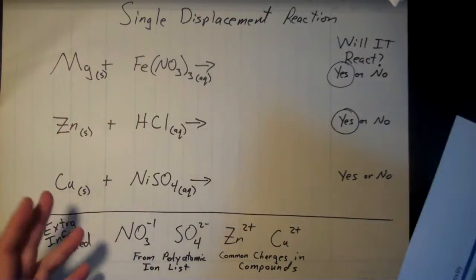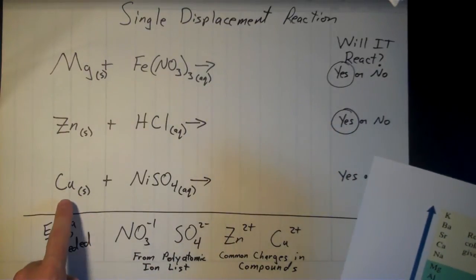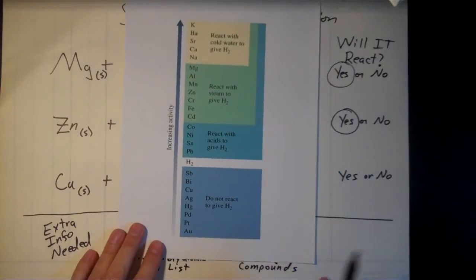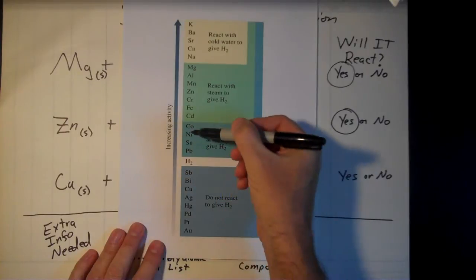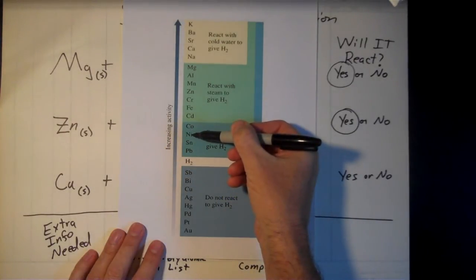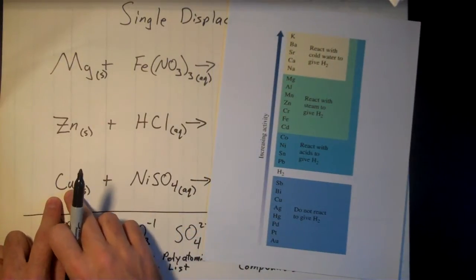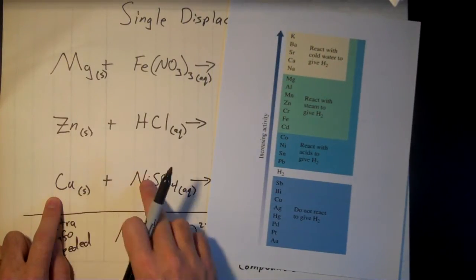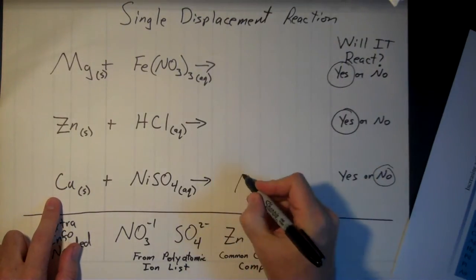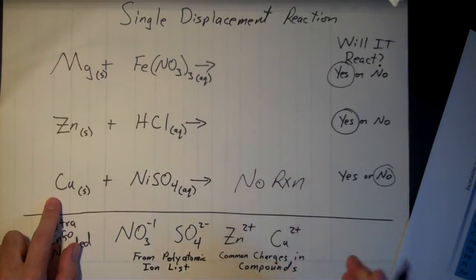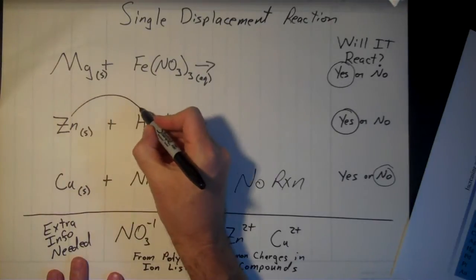And finally, the last one, I picked one where it's not going to react. I'll give you a spoiler alert on that one. We've got copper versus nickel. If we find those, here's copper towards the bottom of the list. Less reactive metals are down at the bottom. And here's nickel more towards the middle of the listing. So copper versus nickel. Copper is less reactive, so copper is not strong enough of a metal. It's not reactive enough to kick that nickel atom out of that one. So there's no reaction. Oftentimes we just write out no reaction there. That means we're not going to do anything else with that. But for the other two, the zinc was more reactive.